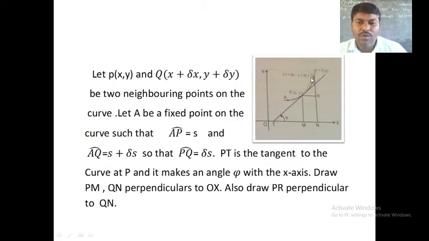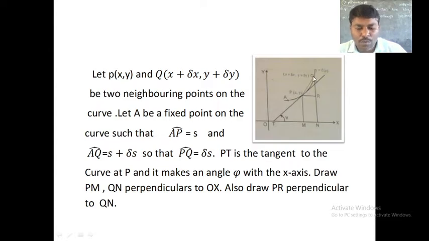Let A be a fixed point on the curve such that the length of AP is s, and the length of AQ is s plus delta s, so that